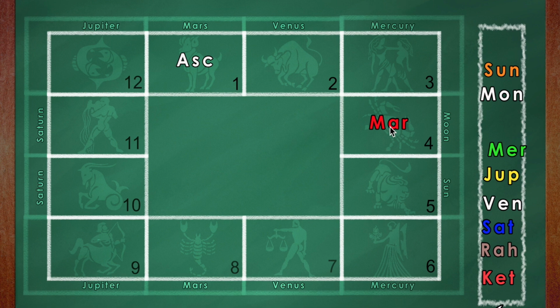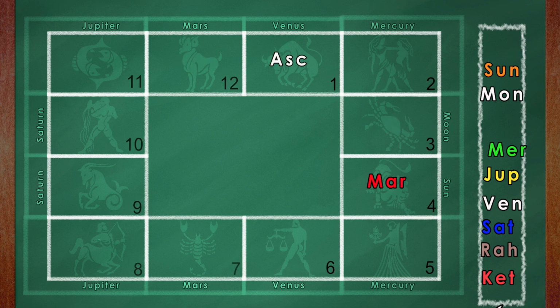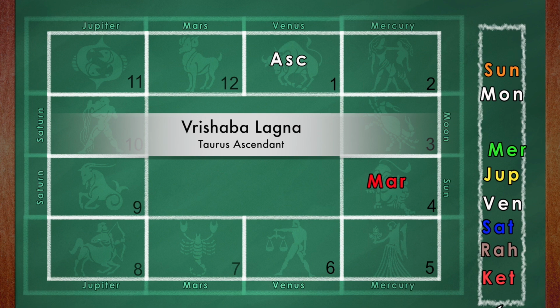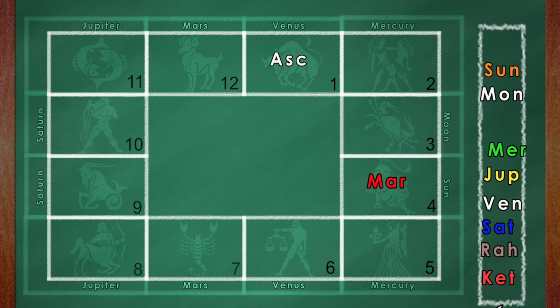And in this first case, I would like to tell you that this Mars is going to be more of the negative side of Mars being in the fourth. That's because Mars is debilitated. And here we have another possibility with Rishabha Lagna, Taurus ascendant, and Mars is in the fourth house. This Mars is better off. That is because Mars is in the sign of his friend, the Sun. At least it is not debilitated. So you can expect some good out of this.